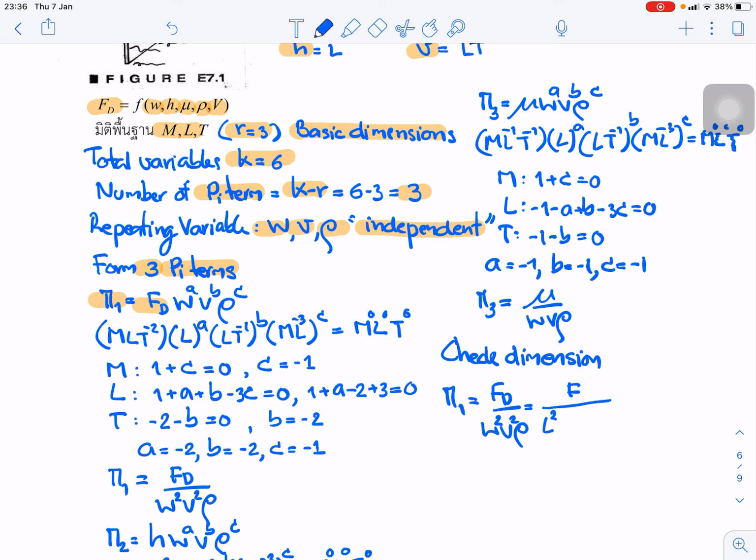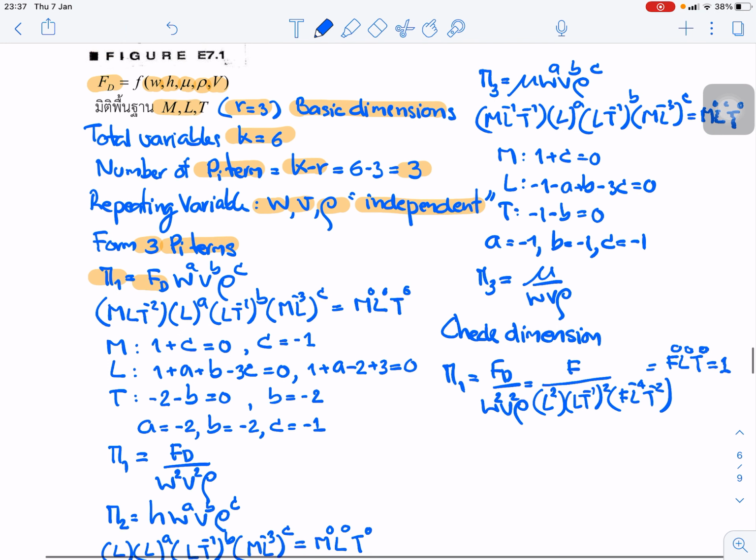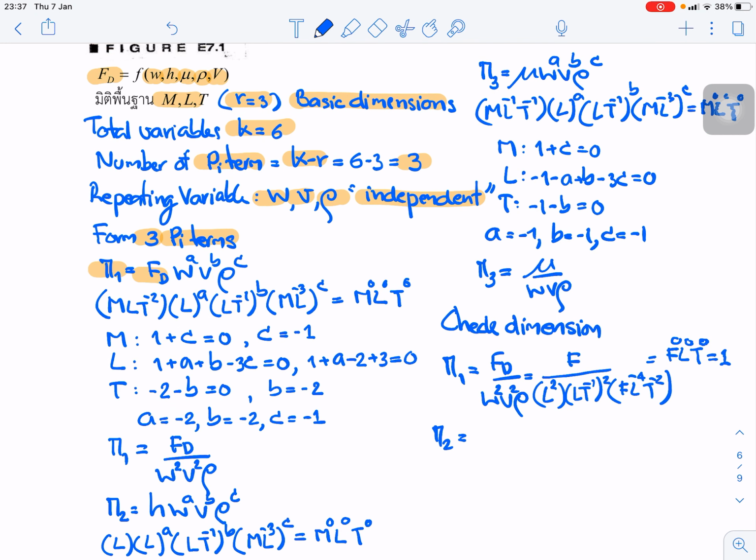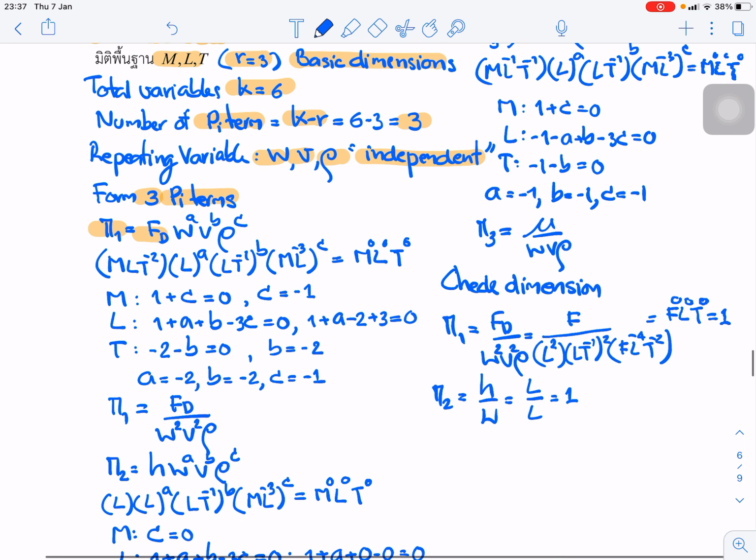For Fd it is F, and these are the units for mu and rho in FLT. You can show that F to the power 0, L to the power 0, and T to the power 0, so it is equal to 1. And for the second pi term, length over length, so this is 1. And the third pi term,